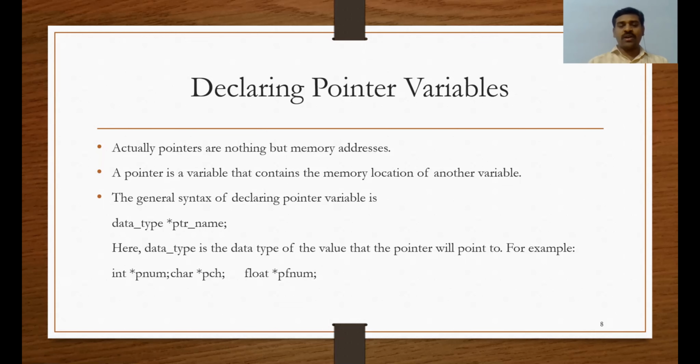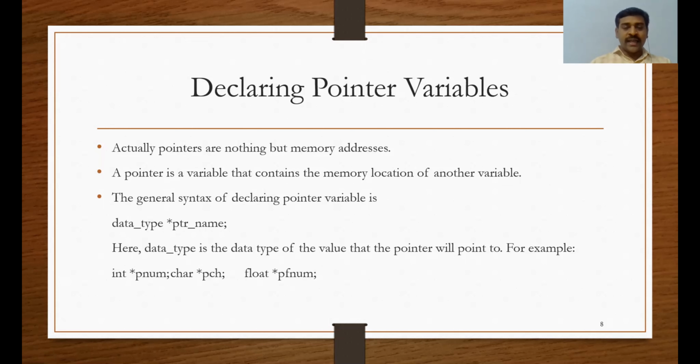Now here I have a small question. Every variable occupies some amount of memory. If you see, an integer occupies 2 bytes or 4 bytes of memory, a character occupies 1 byte of memory, a float occupies 4 bytes of memory, and so on. So here we are saying that a pointer variable is a variable. So for this pointer variable, what is the amount of memory it occupies? How much memory is required to represent the pointer variable? That is what we are going to see.